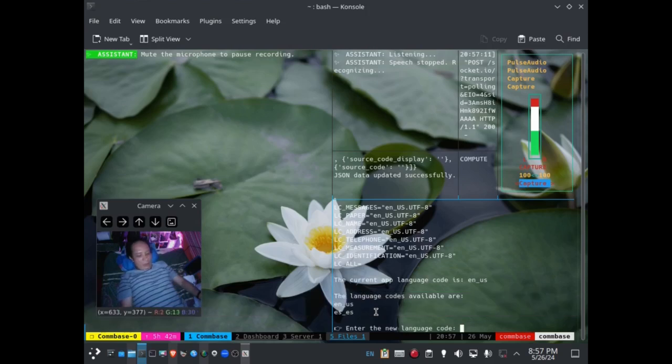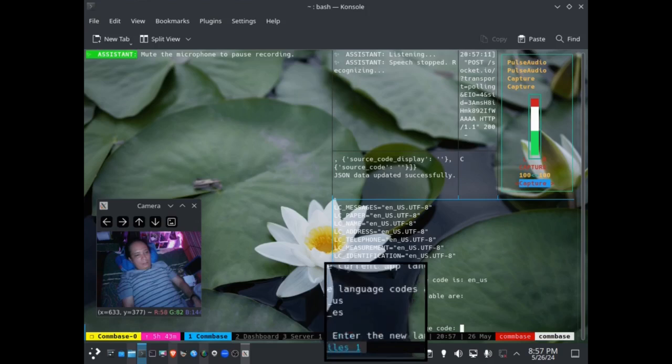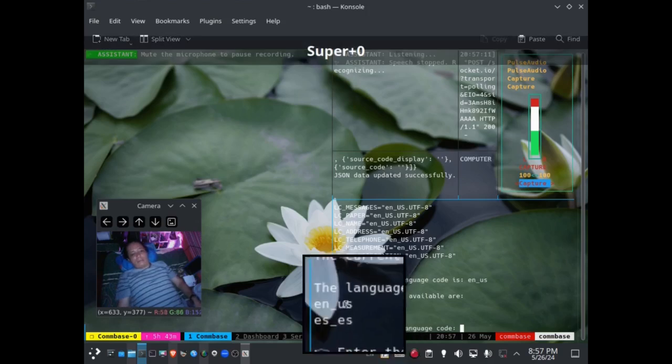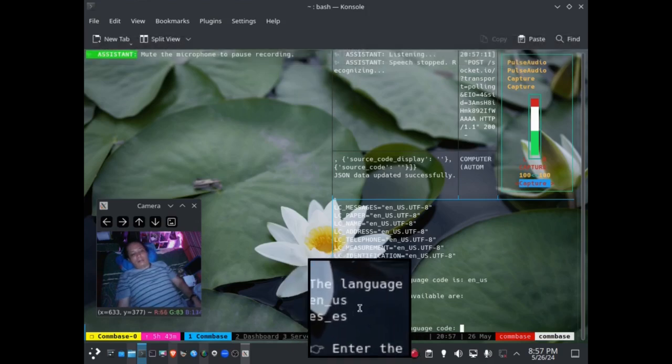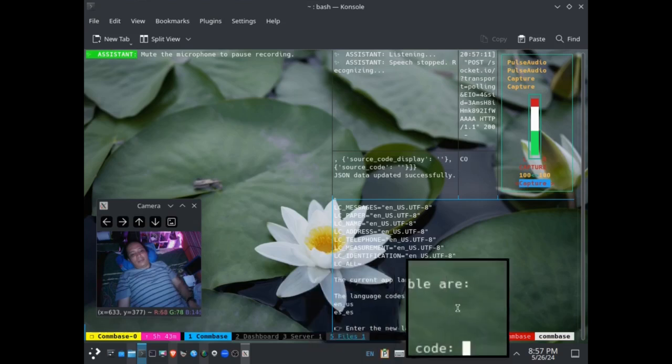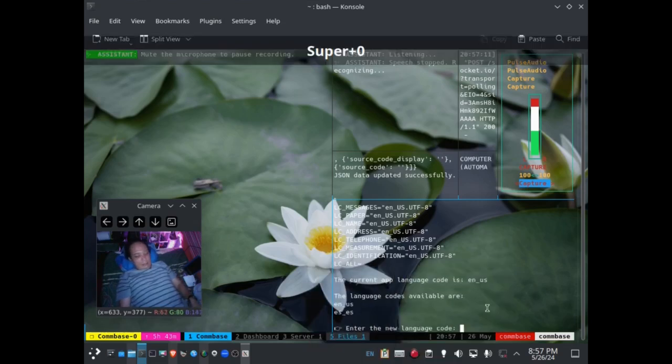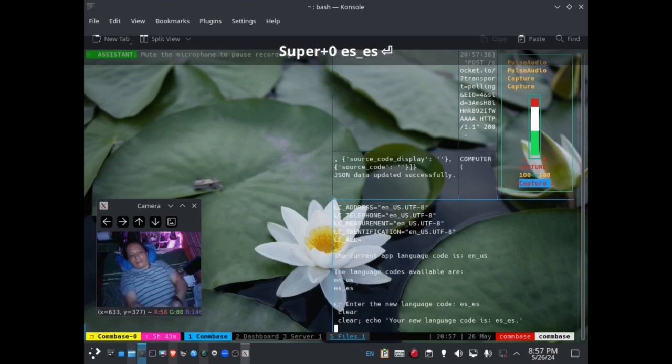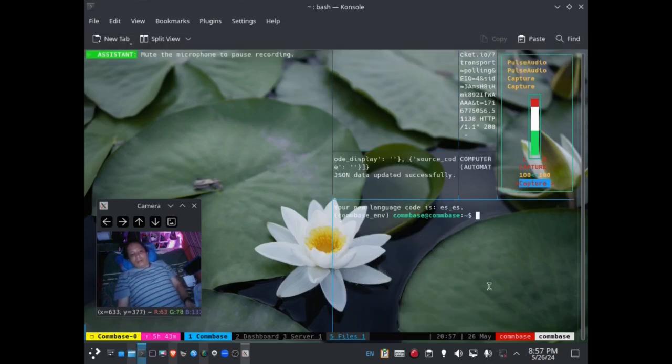You can program more options. Okay, it is here, right? English, United States, and Spanish, Spain. So I'm going to use Spanish like this. Spanish, Spain, right? Your language code is Spanish, Spain,